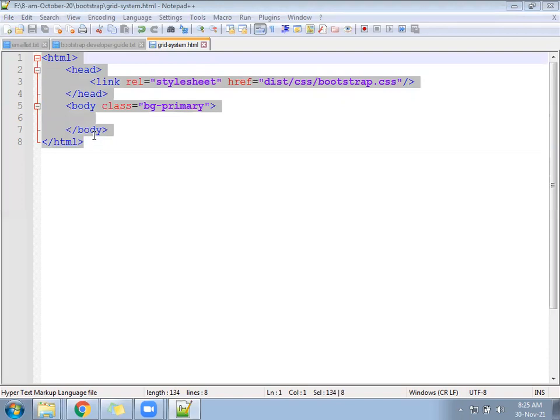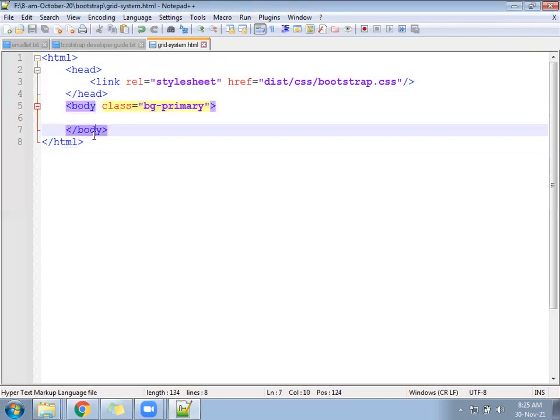Just save this file under which folder? The Bootstrap folder. I have even sent the code also. You can take that, add it there and check once.